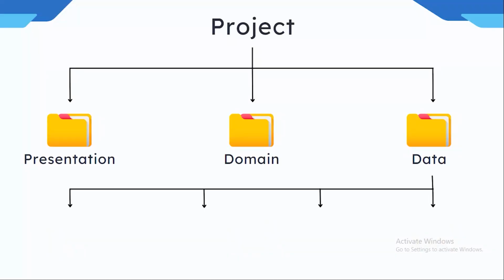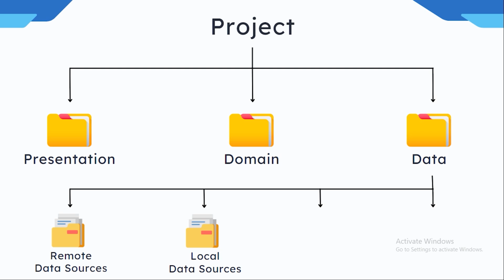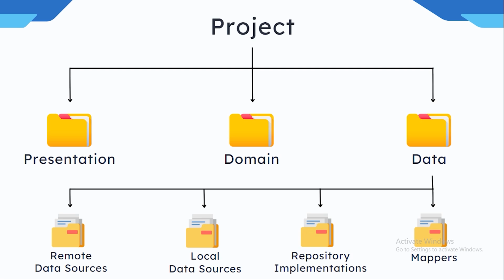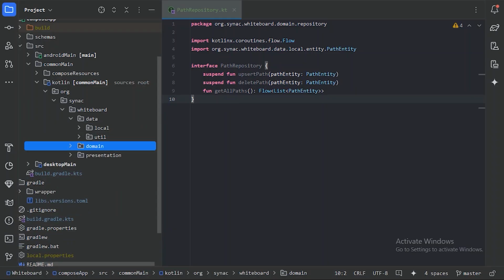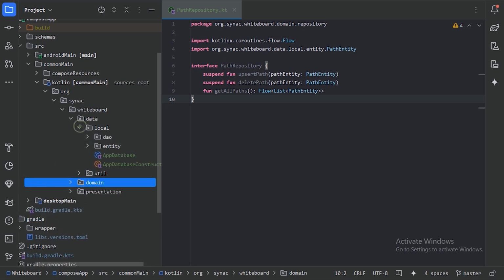And next layer we have is the data layer. Here we define the remote data source where we manage network requests, local data source where we manage local database operations, repository implementation where we provide concrete methods for data operations, and mappers where we convert data between different layers. And we have a data layer, and in this data layer we have this local package where we are managing